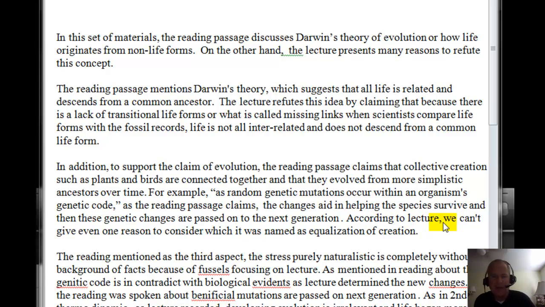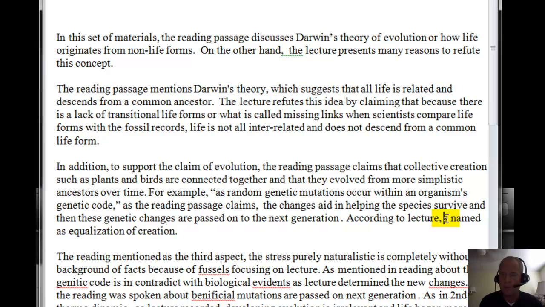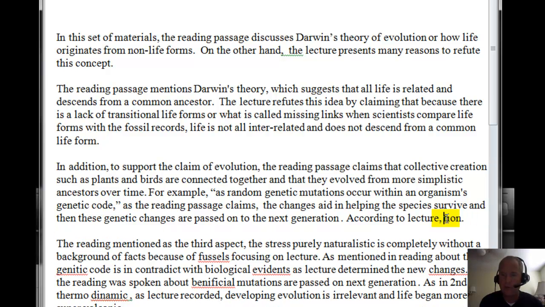You say we can't give even one reason to consider which it was named as equalization of creation. To me, the lecture talks about that, but that is not a counterpoint to this idea. So you have to get rid of all that. That doesn't really work very well. So according to the lecture, you would say